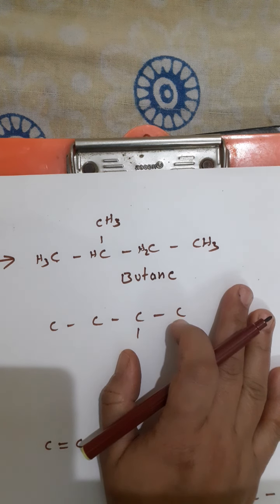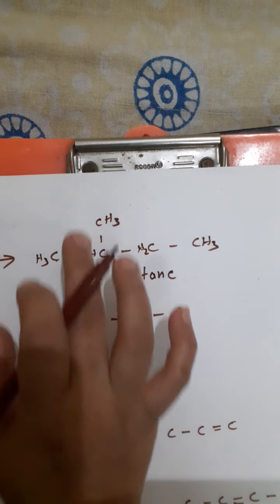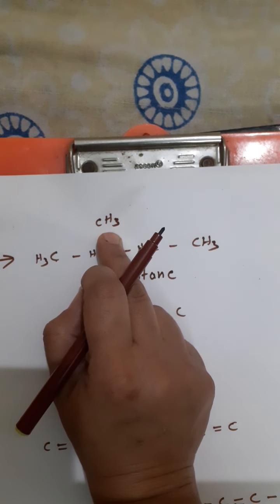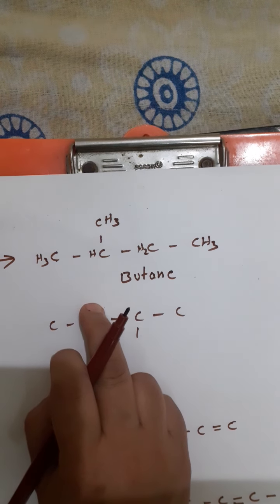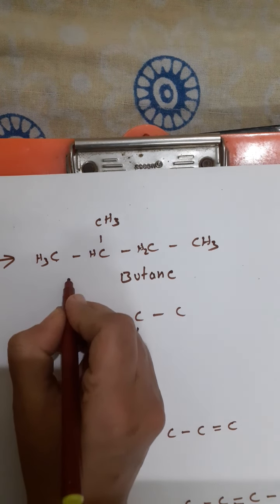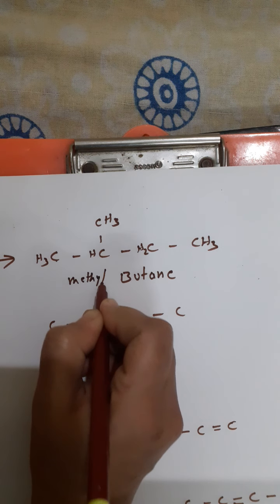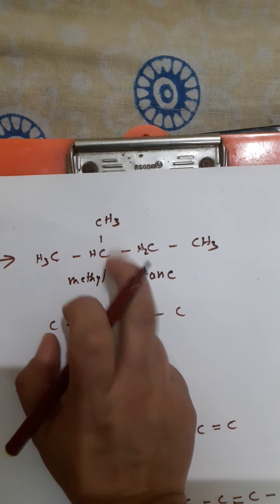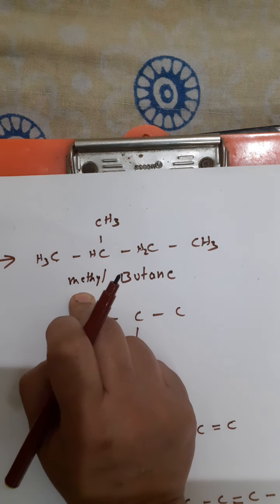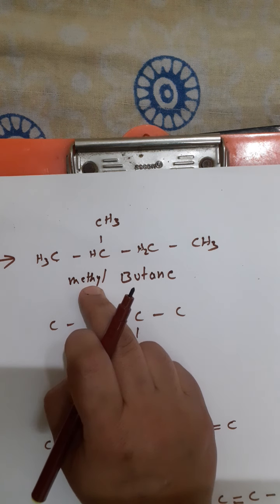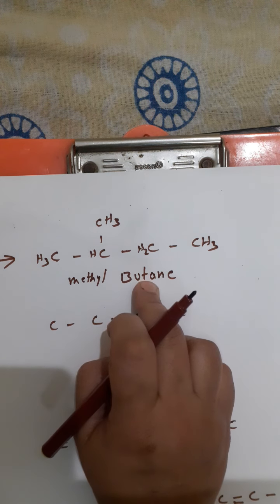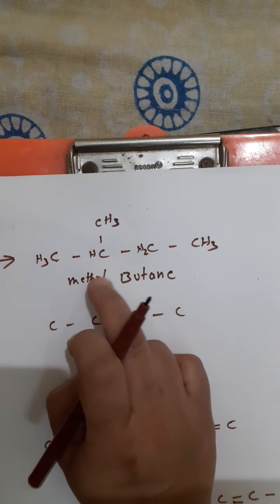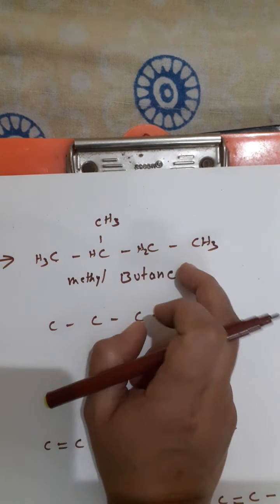Fine. But then this chain has something else attached to it. And what is that attached? A methyl group, an alkyl group, a substituent. Now then the question comes, how should I name? I know the name would be written as methyl. Okay, so it will be written as a prefix. So any substituent which is attached will be written as what? A prefix. Okay, children. So now I have got the basic name as what? Methyl butane. But then where is this methyl located? Where is this methyl being present? On which carbon?